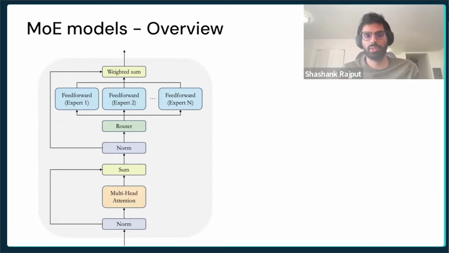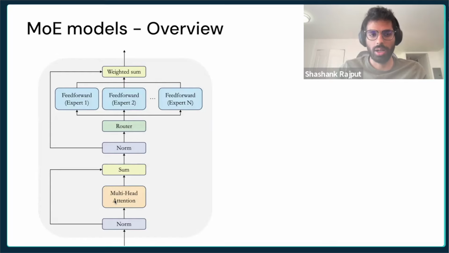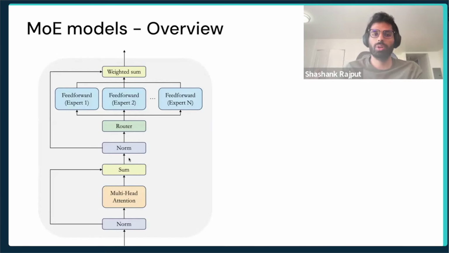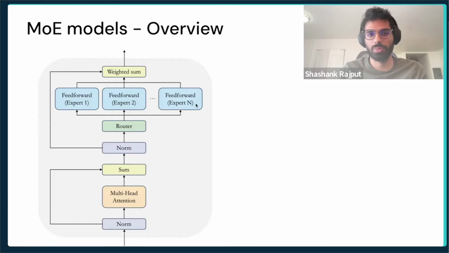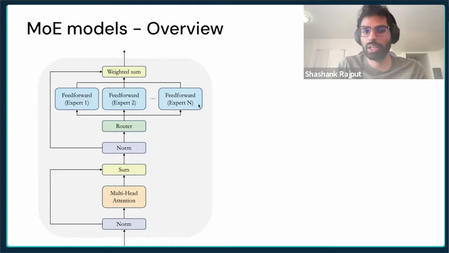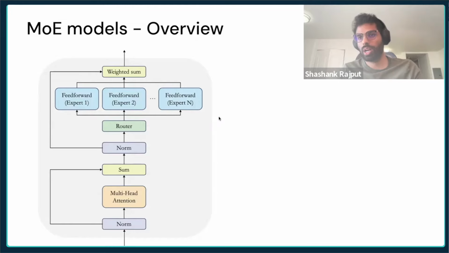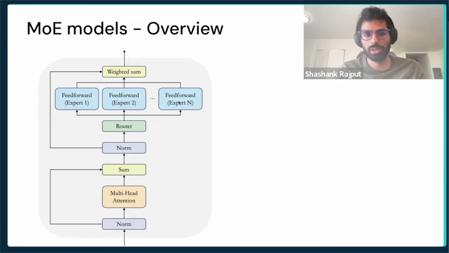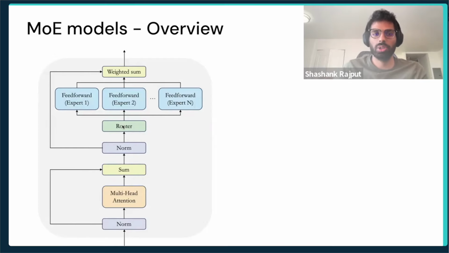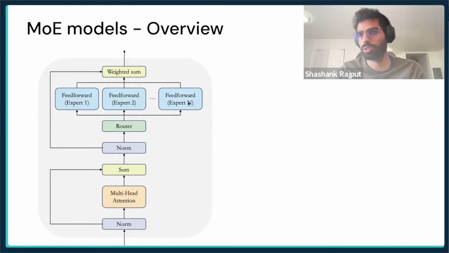So each layer of a transformer has an attention layer, which is right here. And then in a normal model, you would just have one of these feed-forward networks. But in a mixture of experts model, you have multiple of these. And then there's a router right in front of these, which chooses which of these experts to activate. So in a dense model, you would just have one of these blue boxes and no router. But in a mixture of experts, you have this router which chooses which one of these experts to activate depending